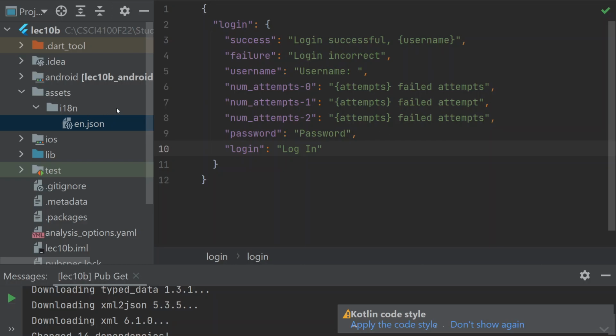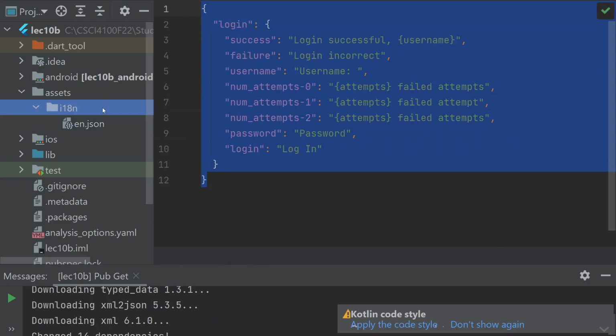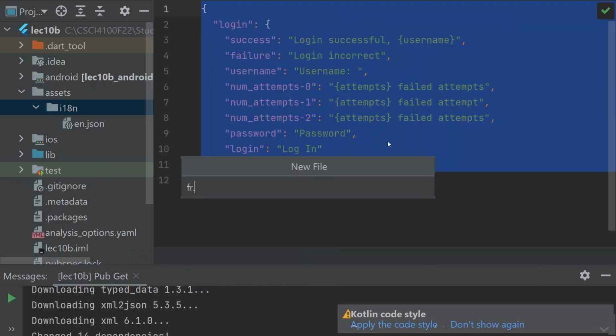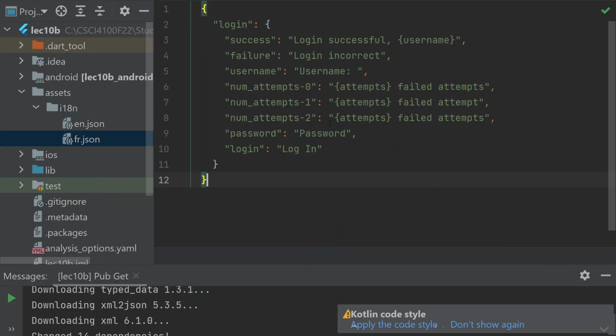Okay, that's English. Now I need to do the exact same thing, except I need it in my other languages I'm going to do. So the first one that I put together was French. And now the words for this are going to be different. If someone is a fluent French speaker, they can tell me if I'm wrong with these. I think I'm right, but you can tell me if I'm incorrect. So login correct is